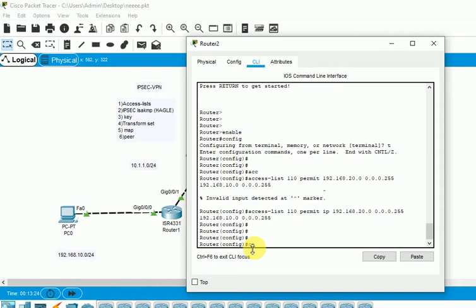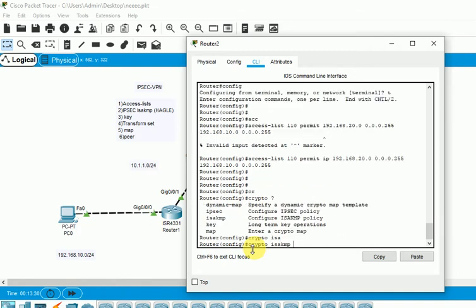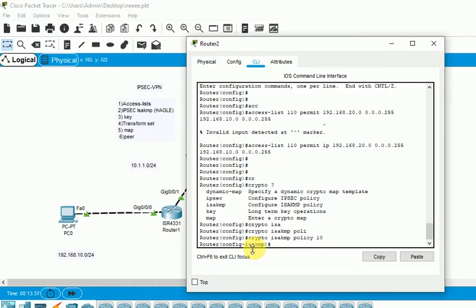Now we have to create crypto ISAKMP policy 10. It is not compulsory to use the same policy number on both the router sides. You have a choice, you can use anything.